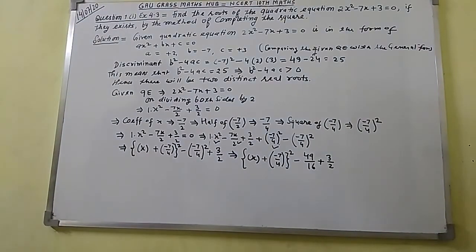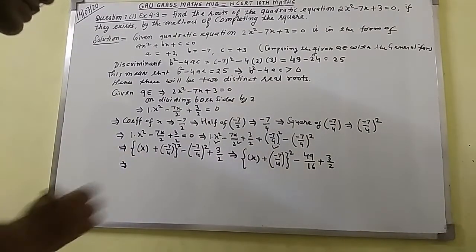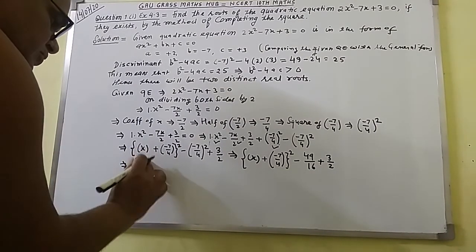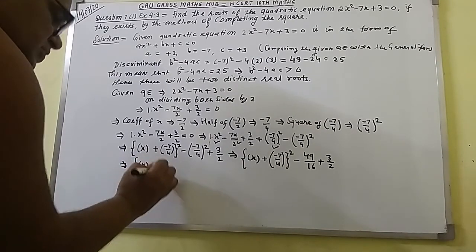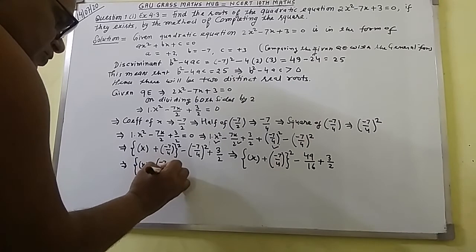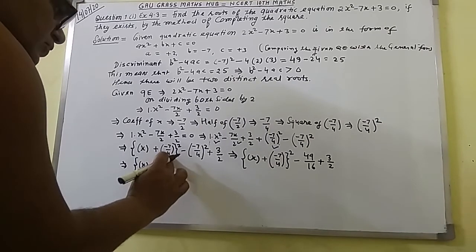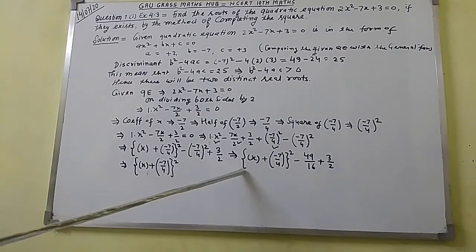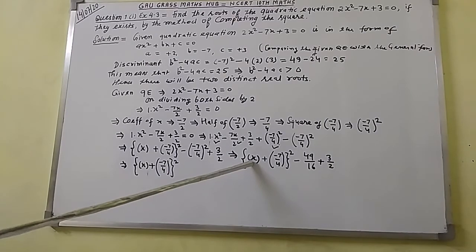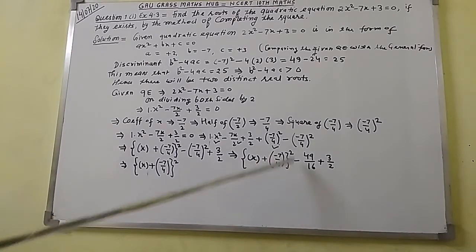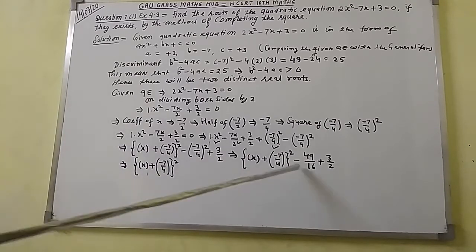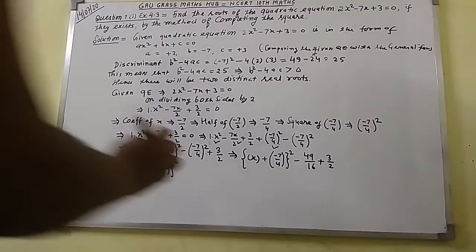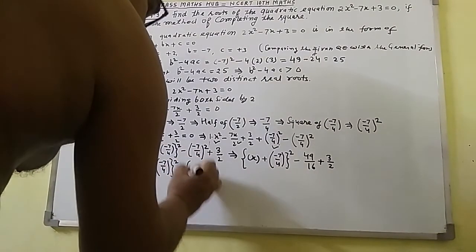Now come to the next step. The next step will be the same. Here you can write in bracket x plus minus 7/4 whole square, curly bracket close whole square. Same thing you can see: curly bracket open, in bracket x plus minus 7/4 bracket close whole square. I have done it here. Here you take minus as a common, so in bracket it will become